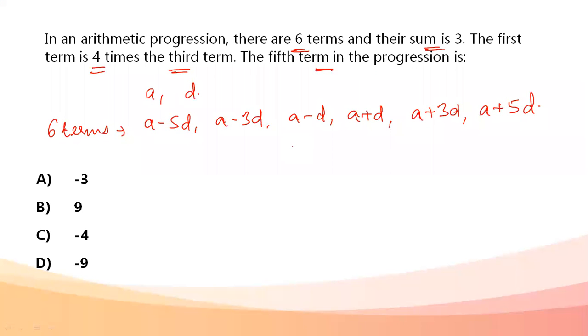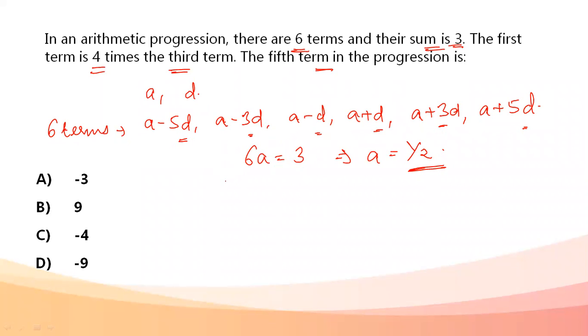If I talk about six terms, they are in an AP. Now, the first thing given to me is that their sum is 3. One thing we need to observe is that for every negative term, the equal and opposite positive term is also given to us. So if I do the sum, all these negatives and positives get cancelled out. What remains is 6a equals 3. The value of a, my first term, comes out to be 1 by 2.